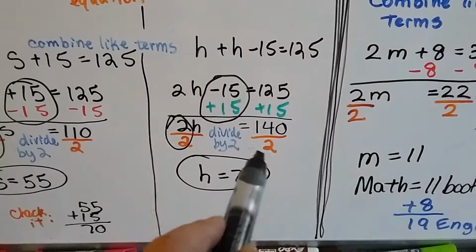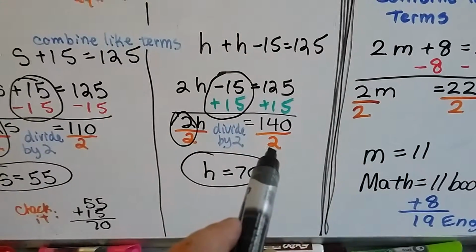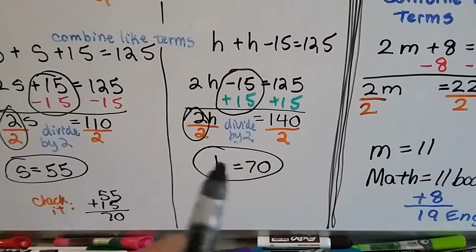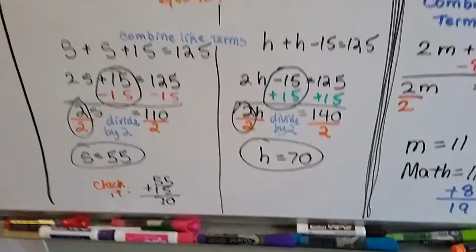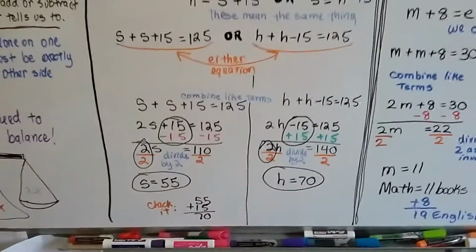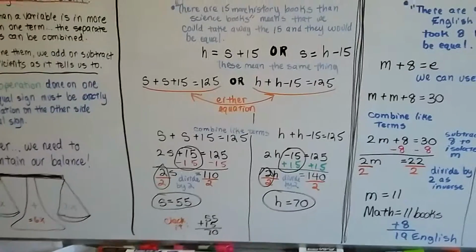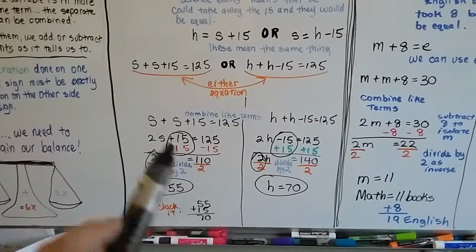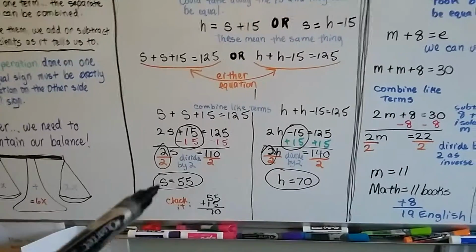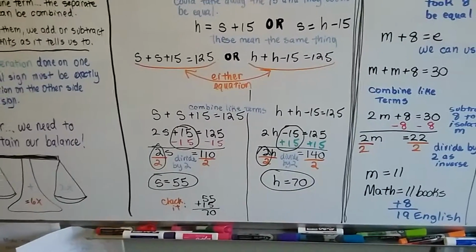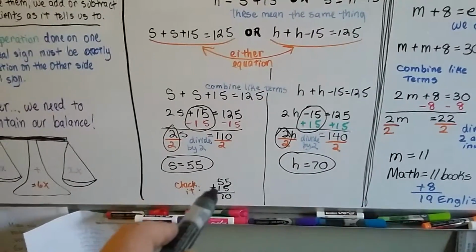And then 140 divided by 2 is 70, because I know 2 goes into 14 7 times, and we add the 0, see? So h is 70. And if I subtracted 15, I would get 55. So either way, you would have had the correct solution to the problem. And it didn't matter. Both would be considered correct on the test or your homework. It's just whichever one you want to choose. Do you like adding or subtracting more? By doing them both at the same time, I got both quantities at the same time, see? But it would be just as easy to find the science books at the end and just add the 15,